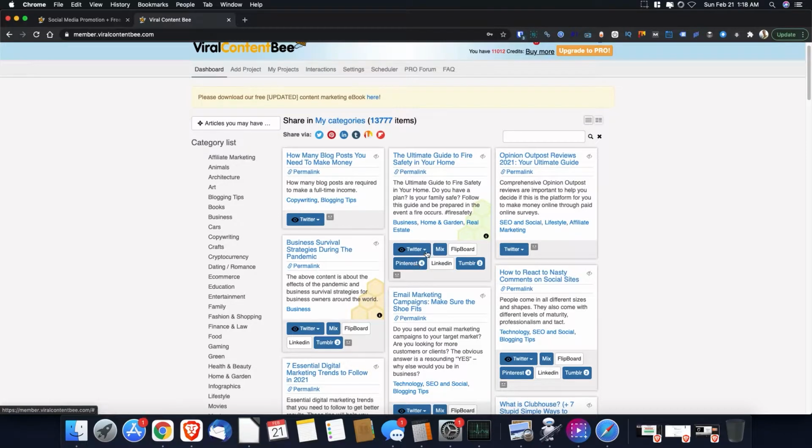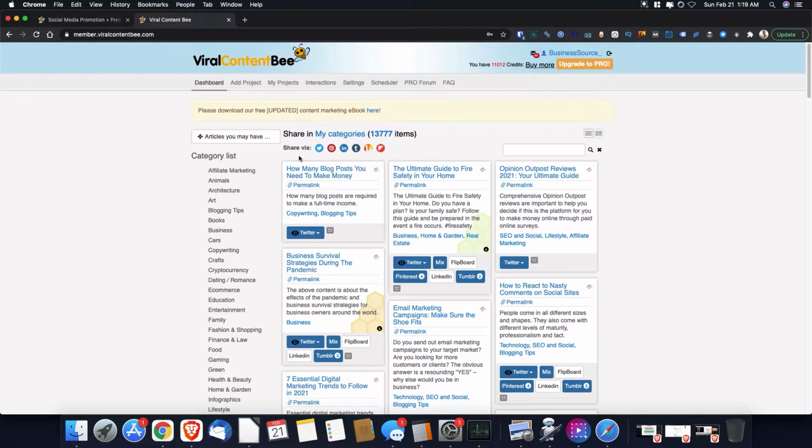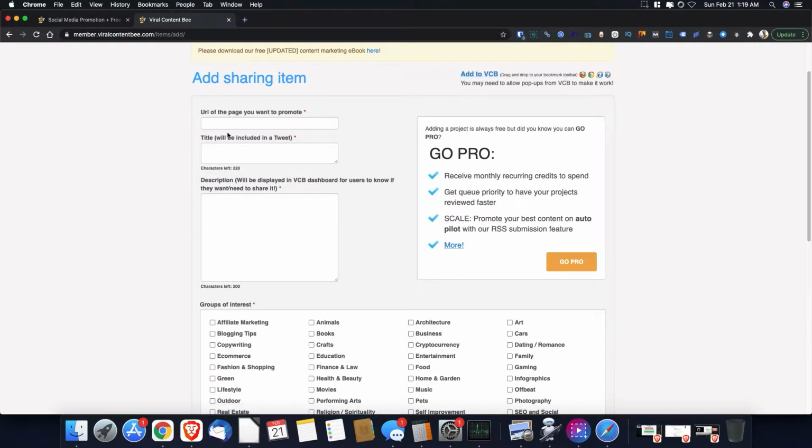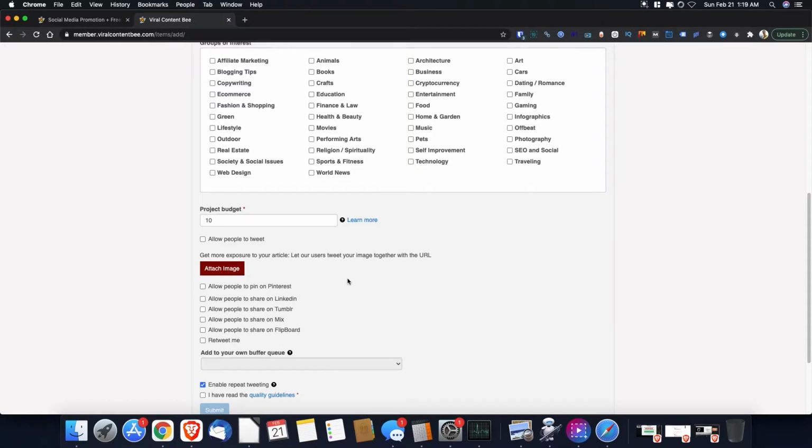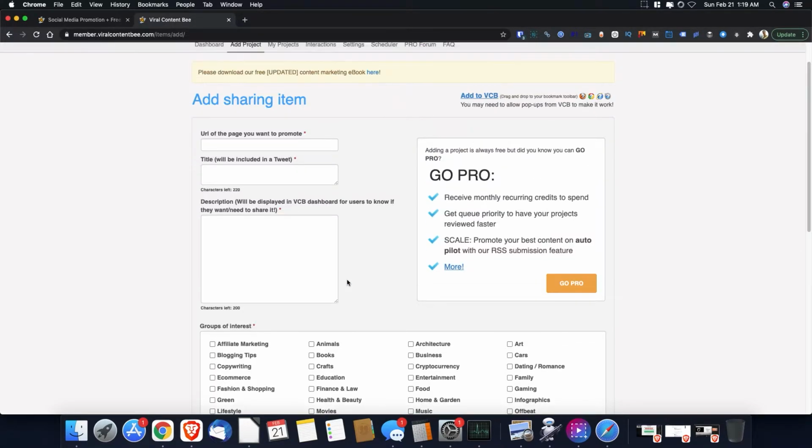From here, we can share to different social media, and you would go into your settings and social accounts to set that up. And then when it comes to a project, we can add in a project here and drop your URL, your title. You should only use one hashtag in this because this isn't going to Instagram. This is going to Twitter. So they're a little more hashtag conservative on the site. But a good way that you can actually still get some good traffic is if you were writing a blog post, mention people in your blog post and then tag them so that they're tweeted,